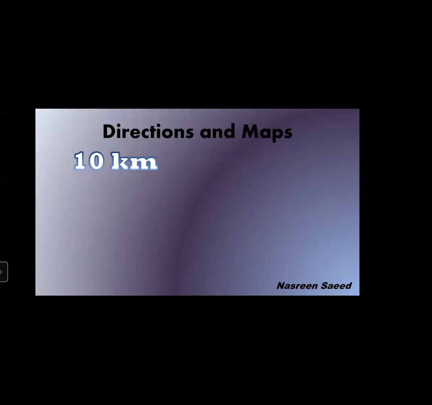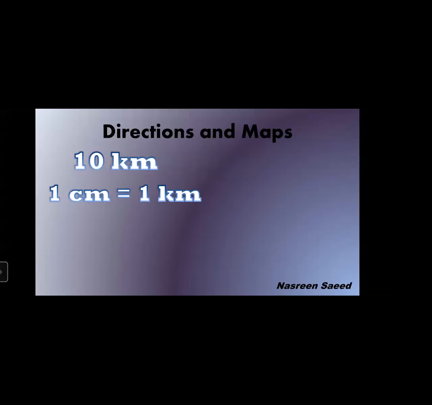This is use your brain power from textbook page number 84. The distance between Rasika and Reshma's house is 10 kilometers. The scale used on the map is 1 centimeter equal to 1 kilometer. Now kilometer is very vast, so we cannot show it on the map.